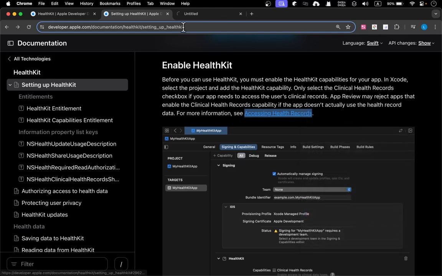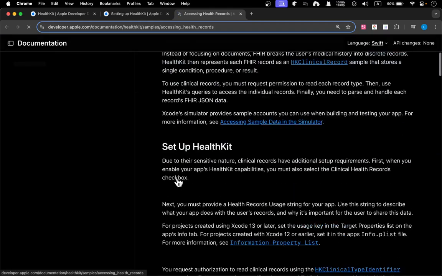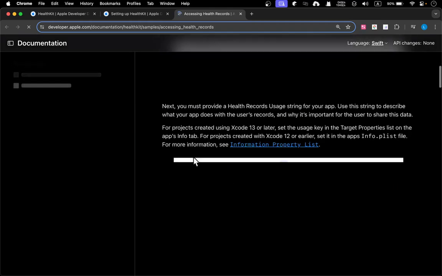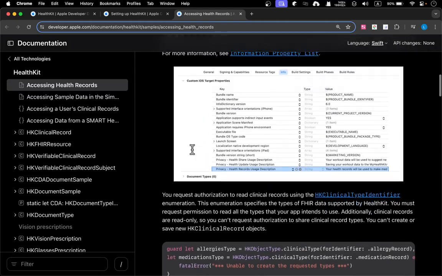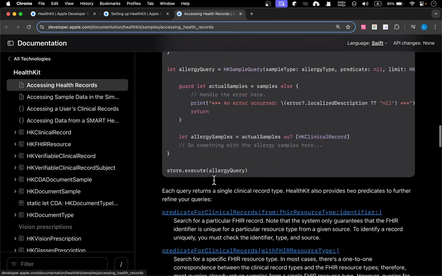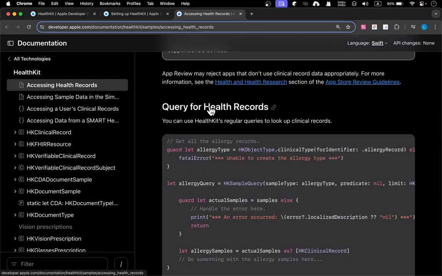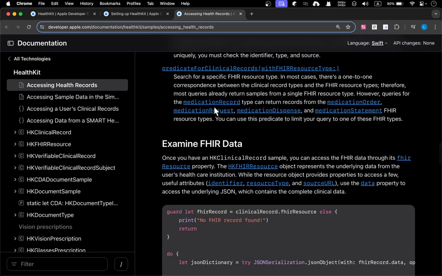Okay, so you can just go to here and search for it, right? Set up HouseKit, how to do that. Yeah, we got some code accessing the record. This is really a complex process because you got a query of the health record, and then you gotta analyze it. Unless you're an indie developer with no medical background, I don't recommend that you do a really in-depth